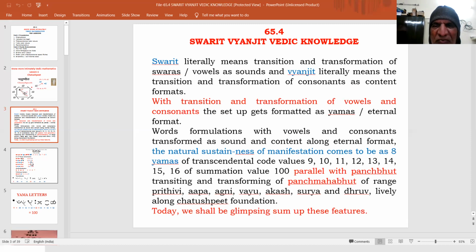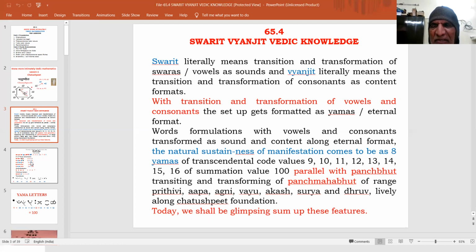Words formulations with vowels and consonants transformed as sound and content along eternal format gets natural sustenance of manifested setups to be as 8 yamas of transcendental code values 9, 10, 11, 12, 13, 14, 15, and 16 of summation value 100.